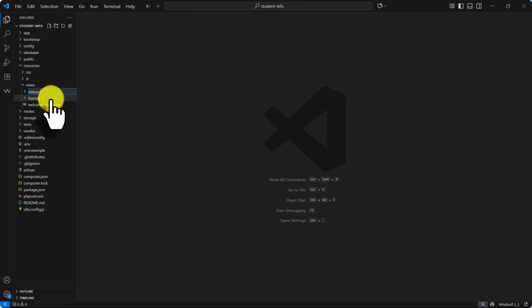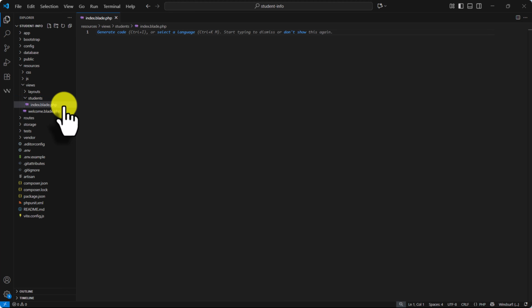Then inside the students folder, we are going to create a file called index.blade.php, like that. Your students index.blade.php, and then in index.blade.php I have also prepared some code for it, so